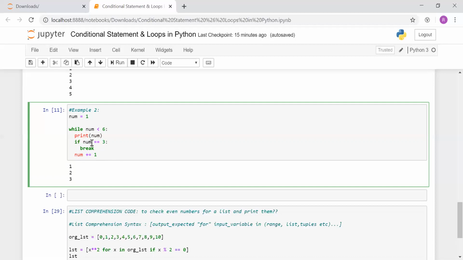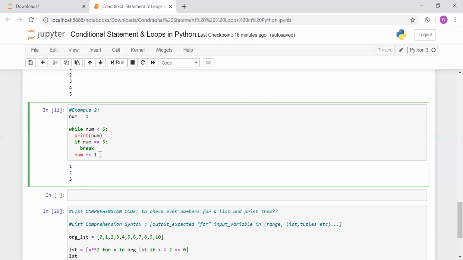Okay, so till num equal to 3 it got printed. This was the condition, print num, and suppose the current iteration is num equal to 3. So if 3 equals 3, yes, true, then it will execute this break statement, and that's why we didn't get the values 4, 5 and 6, since it got the break and the iteration was stopped.